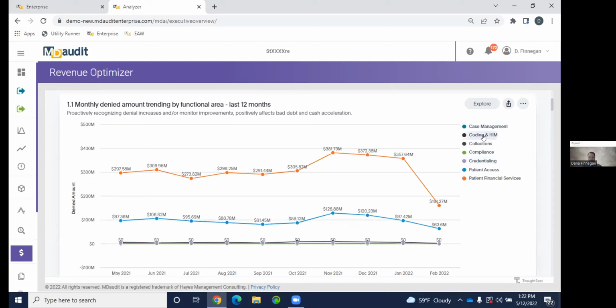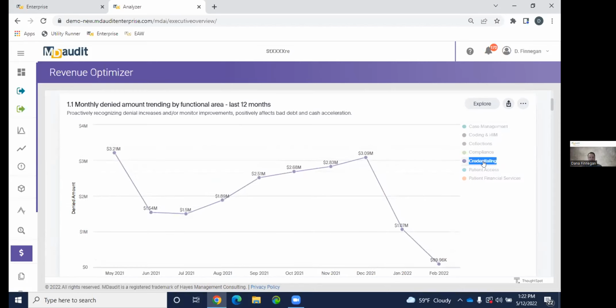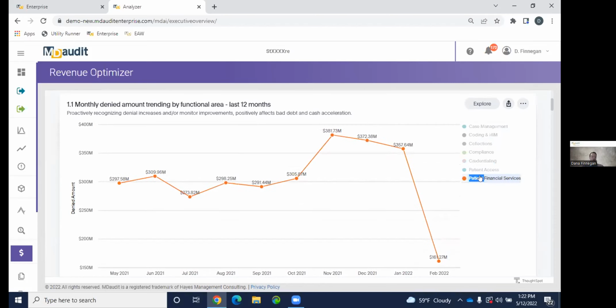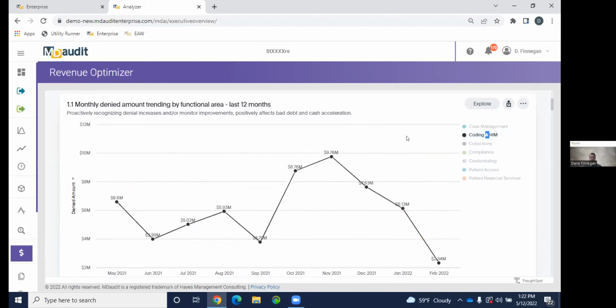So let's do a quick drill down. We're going to show here's my denial amount by functional area over the last 12 months. So it's kind of showing you a 12-month rolling period, but maybe you care about credentialing. But maybe you care about patient financial services and authorizations. But for this group, we're going to hit coding. Whatever part of the revenue integrity, revenue cycle continuum you're on, this can help you, but we're going to use